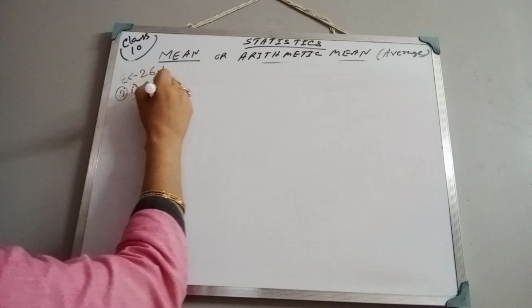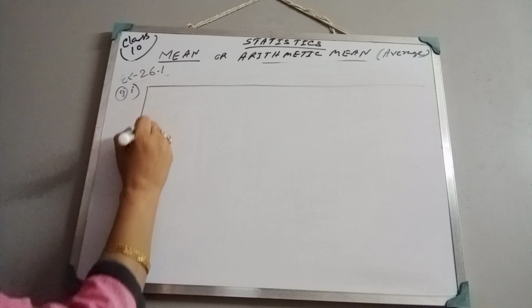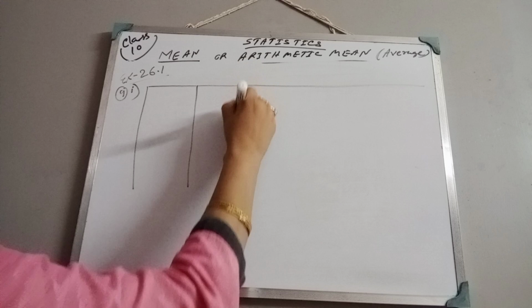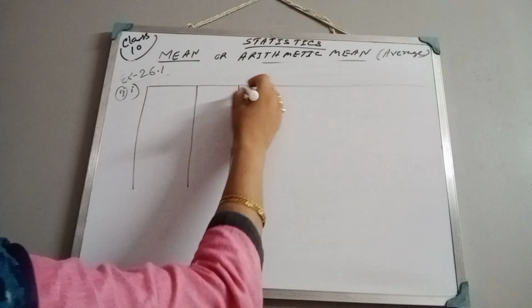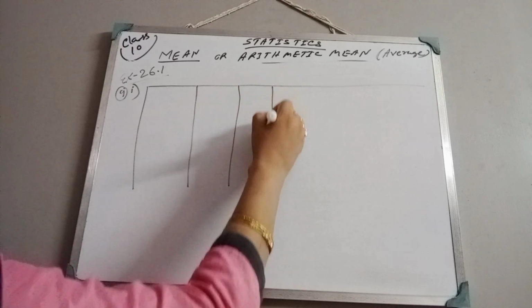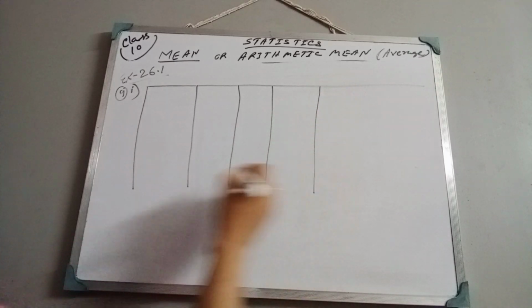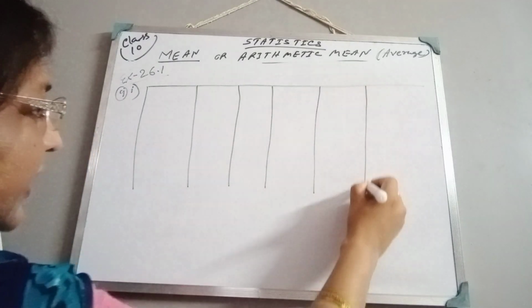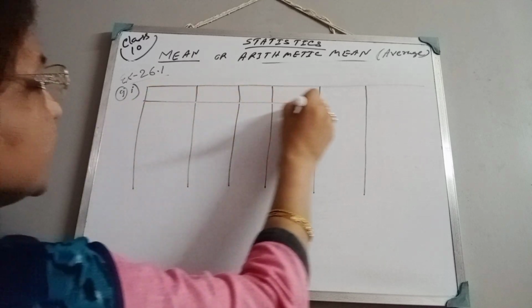Okay, class interval given, frequency given. Let us write the class interval and the frequency at first. Since it is step deviation method, we have to find the class mark. Then next is frequency. Next is d equals x minus a, deviation we have to find out. Next u we have to find out. u equals x minus a by h, we know. And then fu. Okay, all columns ready.